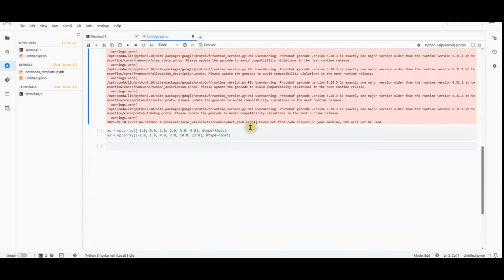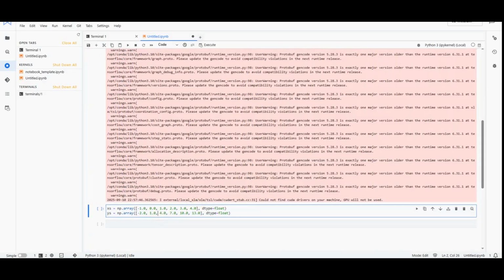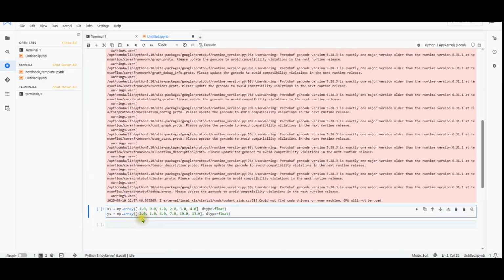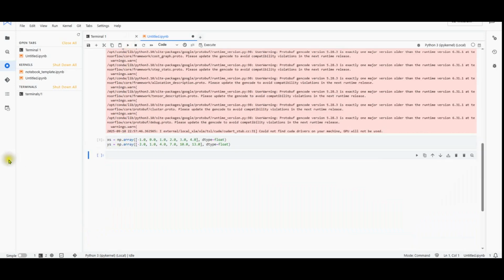So now I get this red-colored thing, which is a warning. I think you can ignore it. So now we will go to the next one, that is to add the following code. Right, so let's run this. A Python library called NumPy provides lots of array-type data structures that are the de facto standard way of feeding data. To use this, you will use this np.array function to store the values.